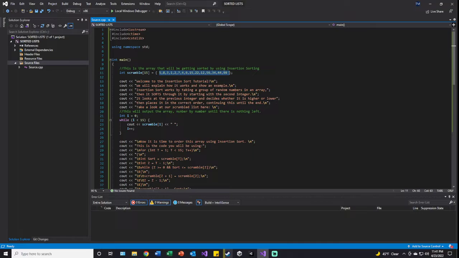I started off with welcome to the insertion tutorial. We will explain how it works and show an example. Insertion sort works by taking a group of random numbers in an array, then sorting through it by starting with the second integer. It looks at the previous integer and decides whether it is higher or lower, then places it in the correct order, continuing this until the end. Take a look at our scrambled list here, and this just outputs the